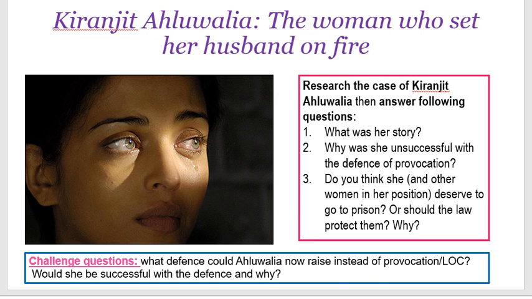So if at the point when Walia's husband had turned round and said, I'm going to pick that iron up off the side, batter you over the head with that, tomorrow you're going to get the worst beating of your life. At that moment in time, and he was shouting at her, and when she was fearful, if she had been the one to pick up the iron and batter him over the head and killed him in that moment in time, that would have been a sudden loss of control. There would have been no time lapse between the last act of provocation, and then it would have been a different story. The defence could have been successful.